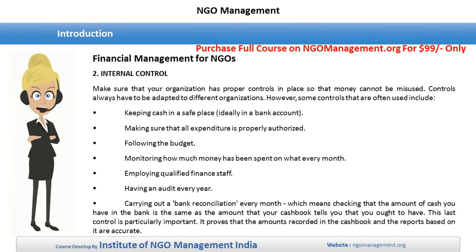2. Internal control. Make sure that your organization has proper controls in place so that money cannot be misused. Controls always have to be adapted to different organizations. However, some controls that are often used include keeping cash in a safe place, ideally in a bank account, making sure that all expenditure is properly authorized, following the budget, monitoring how much money has been spent on what every